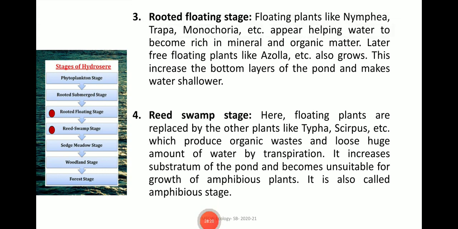The next stage is called the rooted floating stage, where floating plants like Nymphaea, Trapa, Monochoria, etc. appear, helping water to become rich in mineral and organic matter. Later, free-floating plants like Azolla, etc. also grow. This raises the bottom layers of the pond and makes the water shallower. The next stage is called the reed swamp stage. Here,